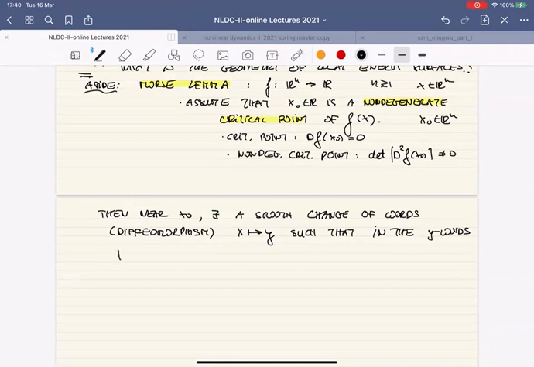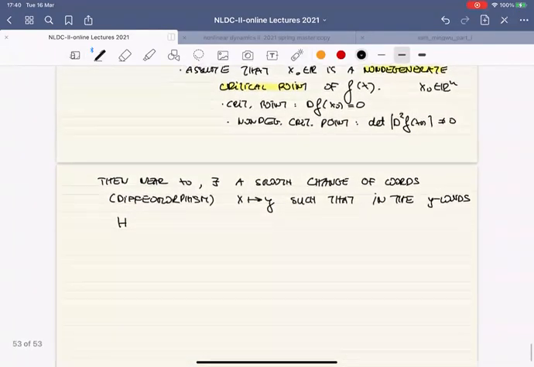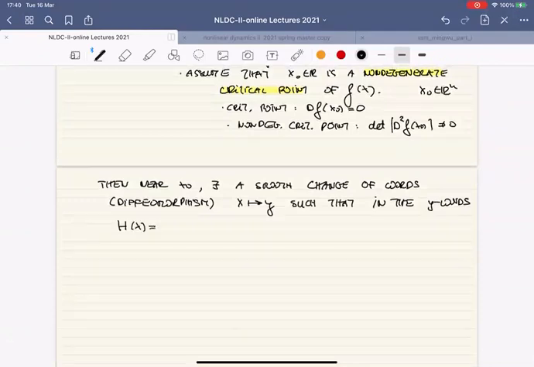if you rewrite your Hamiltonian, so basically, how do I do this? My original Hamiltonian was h of x. Since I have a diffeomorphism, I'm able to write x as a function of y. And I just didn't want to introduce a new function for that. It could be h of y or something. I'm being a bit sloppy here. And so I'm now evaluating that function in the new coordinates. So I think of it as a function defined in the new coordinates, right? So the function defined in the new coordinates, once I have executed the coordinate change,